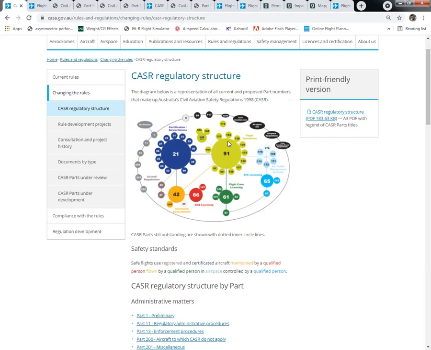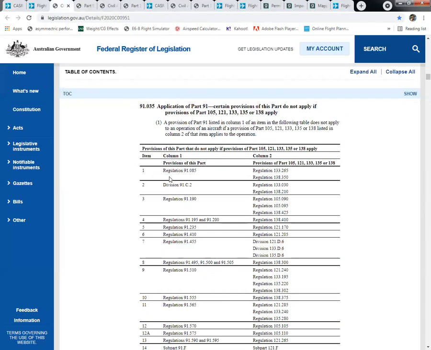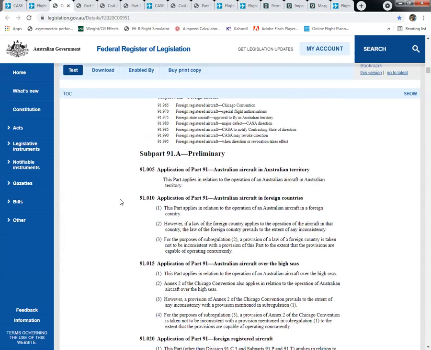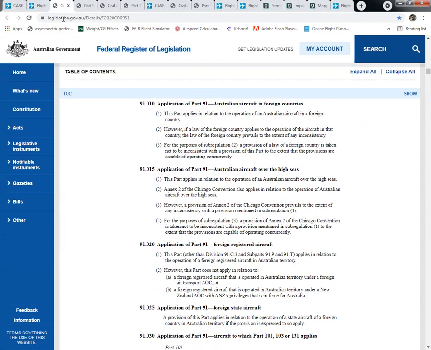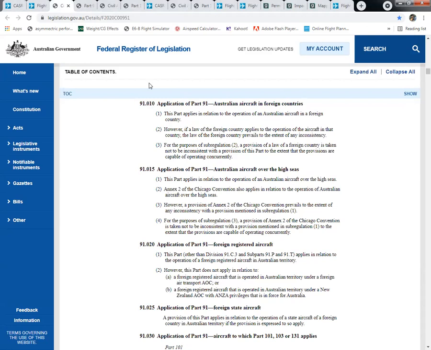Now, each of those have an associated MOS, a manual of standards. So pretty much the CASRs are like any other CASR you've had, which is relatively prescriptive. It just shows you in very basic terms what the regulations are. So this is 91 and tells you who it applies to and what you can do. But the MOS for 91 gives you much more detail about how to comply. So the MOS is like our means of compliance, much like the CAOs, and the CASR is very much like the old CAR, just telling you in very black and white terms what you can and can't do.